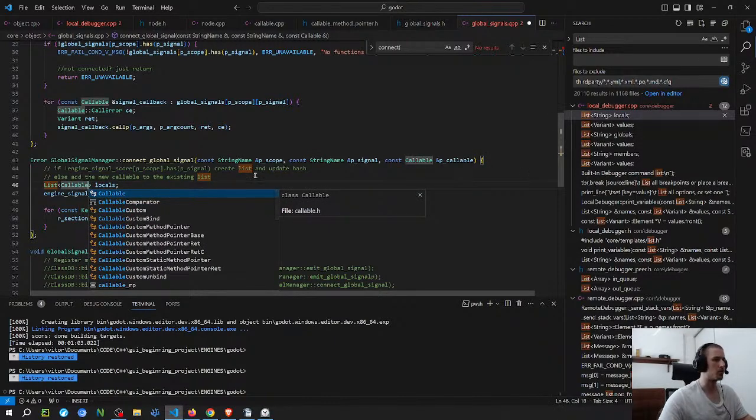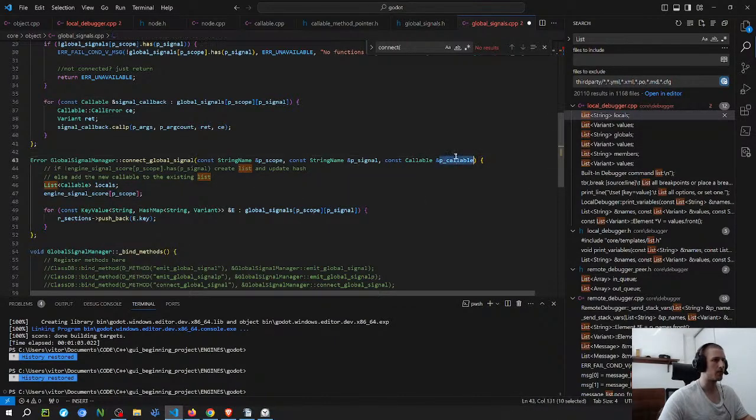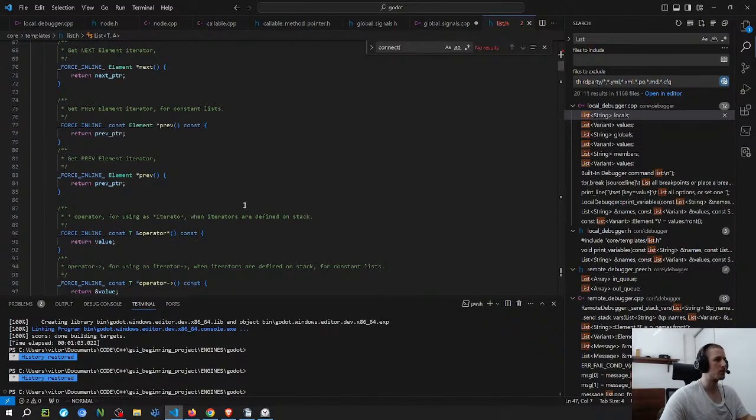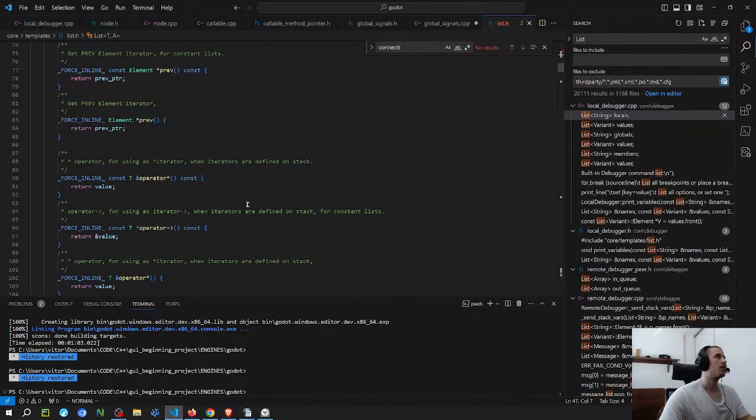Oh, first I need the callable. I'm passing the callable here. I think that maybe on the constructor of this, because the thing that I'm thinking about is, since that's the way that they initialize on the functions there, I think it makes sense that the thing will be on the heap.